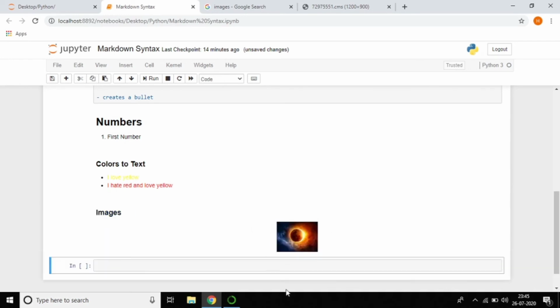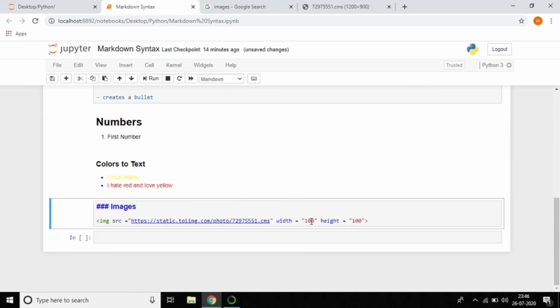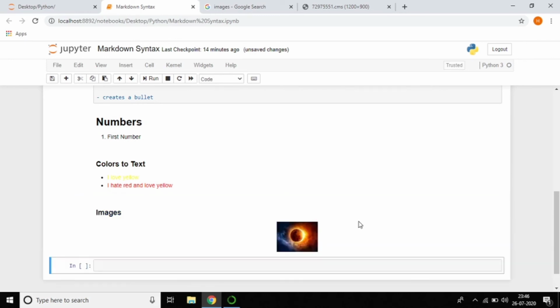Do you observe the image was small because I gave width and height. If you want to increase the size, you can give 150 or 200, whatever it may be, up to your wish. Of course the height was increased. So this is the way to add images into your documentation.